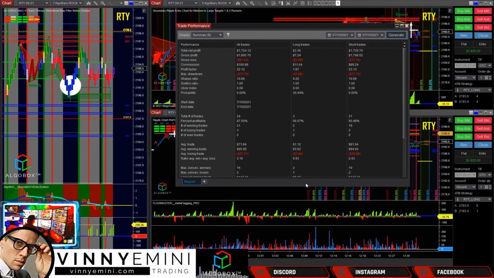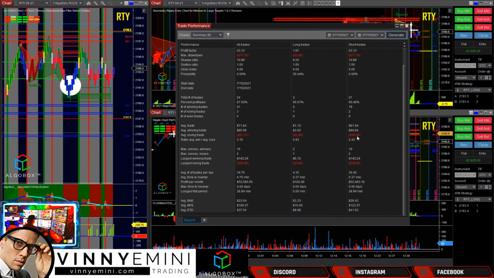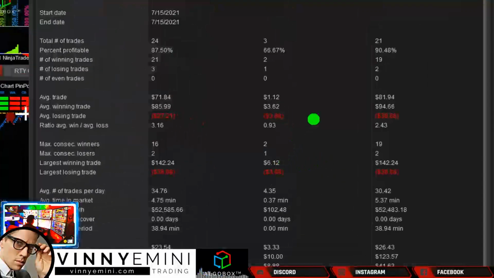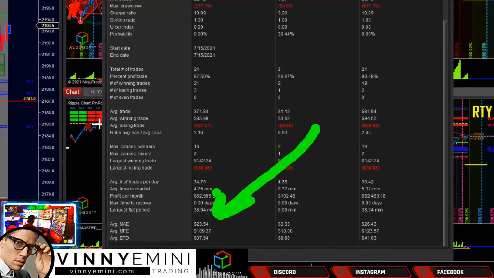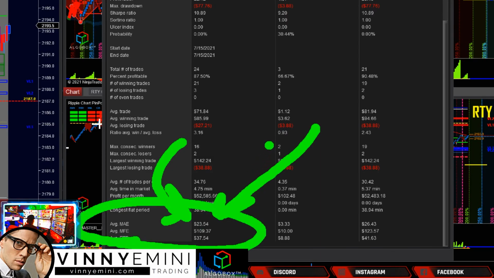On the stats, one of those stats that is kind of neat to look at on occasion is your max adverse excursion, if you want to know how much heat you're taking. Unfortunately, people don't look at it. You have to look at the max adverse excursion to know how exposed they were. The way this is calculated on NinjaTrader, unless they've changed it, I think it's calculated per trade.